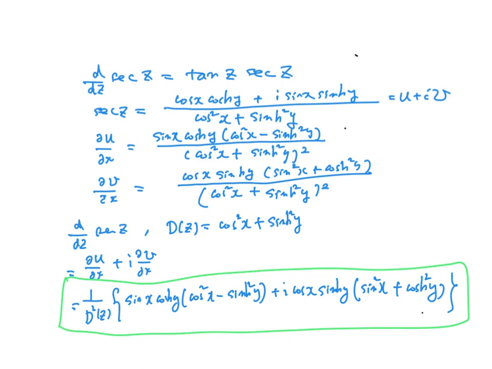So if you compare with this, one over d squared z is common, and for the real part we have sine x cosine hyperbolic y as a common factor with the parenthesis cosine squared x minus sine hyperbolic squared y. Let's just check the real part, compare the real part together, right? These two factors are the same, right? So we can safely say that,